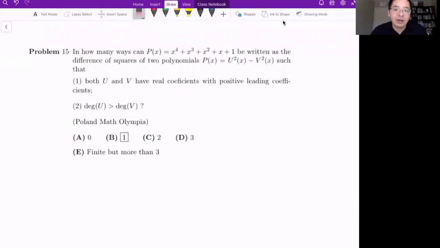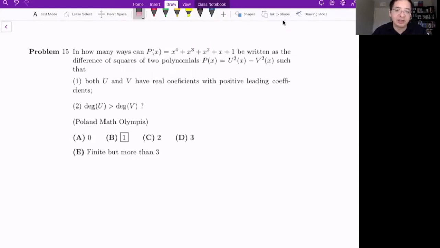Number 15. Here we have a polynomial x to the 4 plus x to the 3 plus x squared plus x plus 1. Now we want to write this polynomial as the difference of the squares of two polynomials. So here the requirement is both